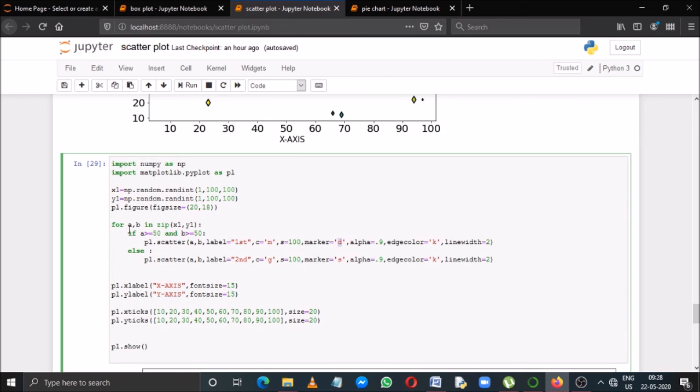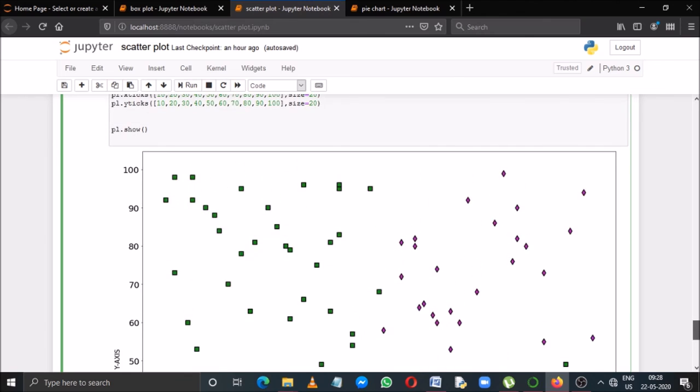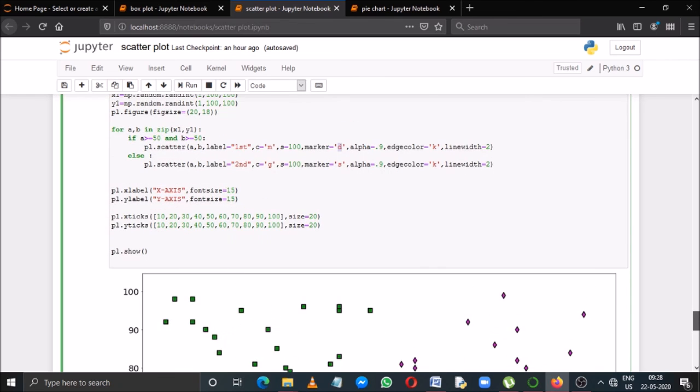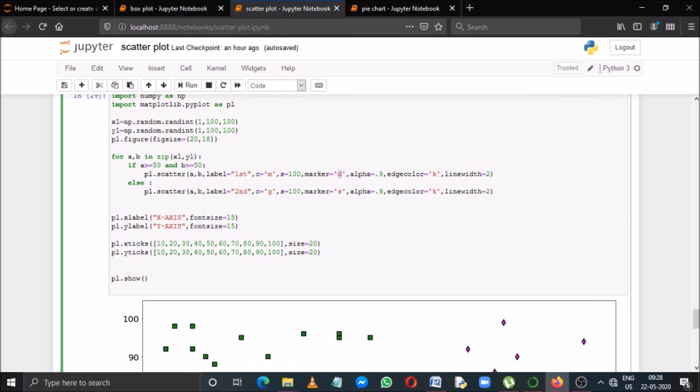Similarly, for the other portions, that means all the points that are below 50, else I have plotted them also by using a different marker s, that means square, and color will be green. So they are appearing with the green square attribute. The rest of the portion is just the same.